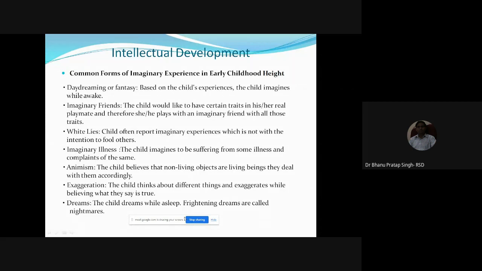Animism. There are so many aspects of intellectual development, even dreams. So the most important are dreams and daydreams, and because of daydreams, he makes some imaginary friends, some imaginary illness, imaginary even happiness also. Next,